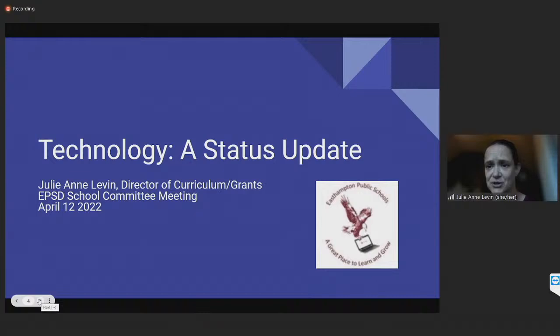We had an intentional rollout plan. What's the next step in both continuing what we think is an important step in integrating technology in everything we do in our district, but also being really mindful of what's developmentally appropriate for our students, and knowing that technology is going to be very different for a K to second grade student versus a 9 to 12th grade student. So I'm here tonight to just give you some idea of what we're doing in